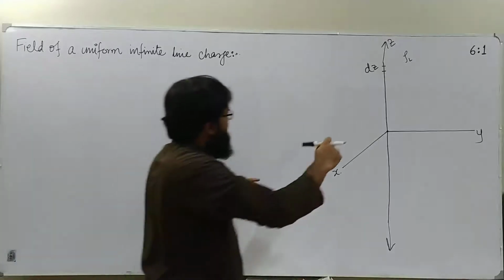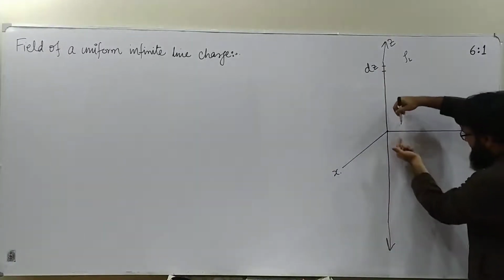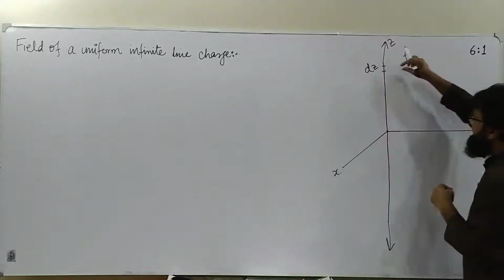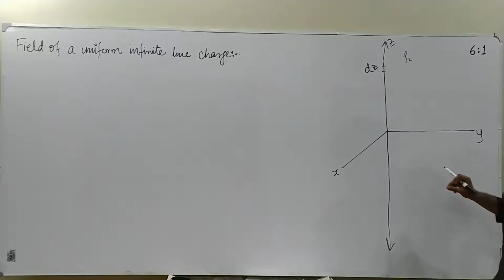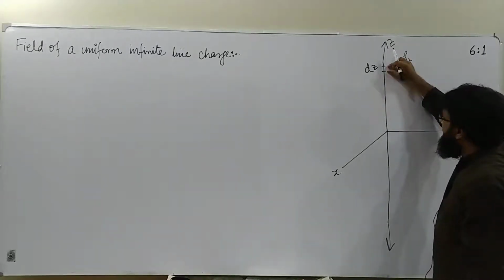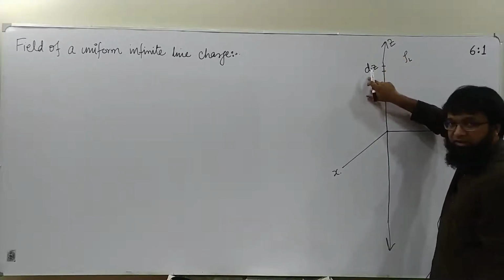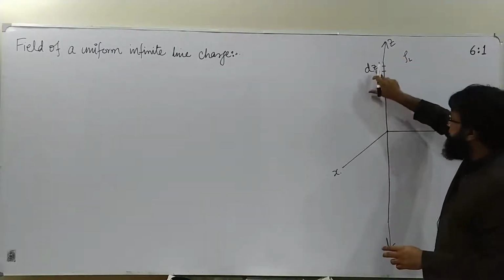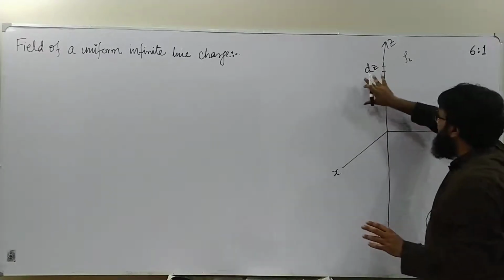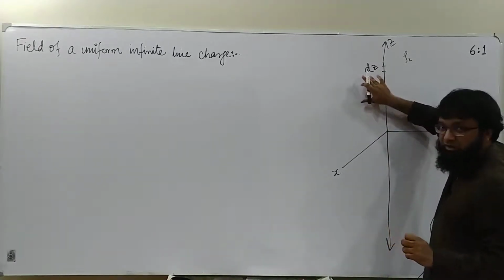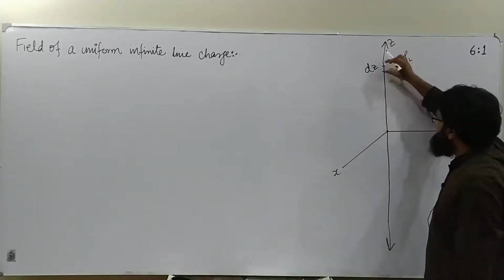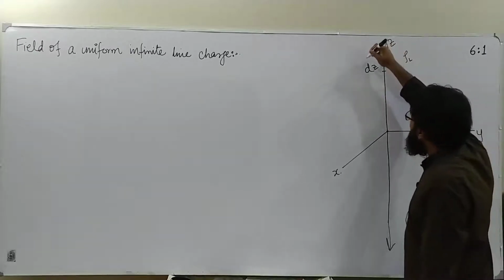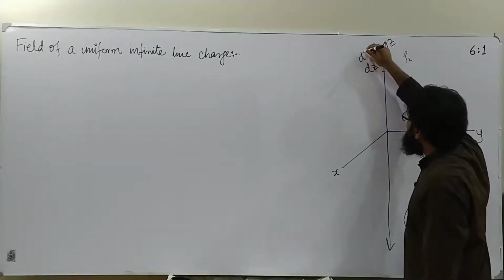If I divide this line charge into infinitely small segments, each with length dz, then each segment can be treated as a point because it's very small. We have talked about incremental and differential entities, so this is differential. Pardon me if I had unintentionally used the word incremental for this, but this is differential. So if this is a differential length, it can be treated as a point, and the amount of charge enclosed in this